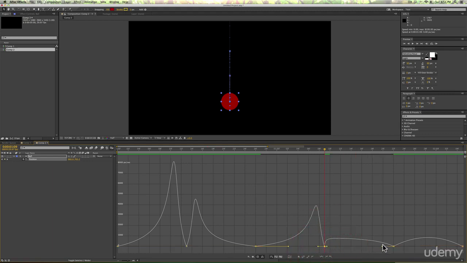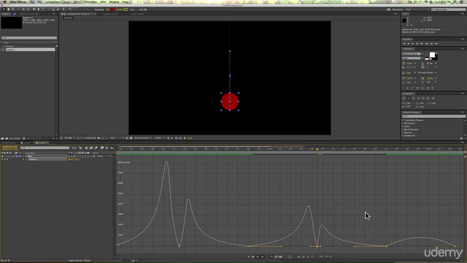Same here, just drag these keyframes in. You're not even dragging the keyframe in, you're just dragging the speed of it in. So now let's look at this. Bounce, bounce. So that's looking pretty good. Now this last one, sort of the same idea. We just want to drag this when it's up at the top of this bounce. We want to drag it out so it's a little bit slower, and then it kind of speeds into that